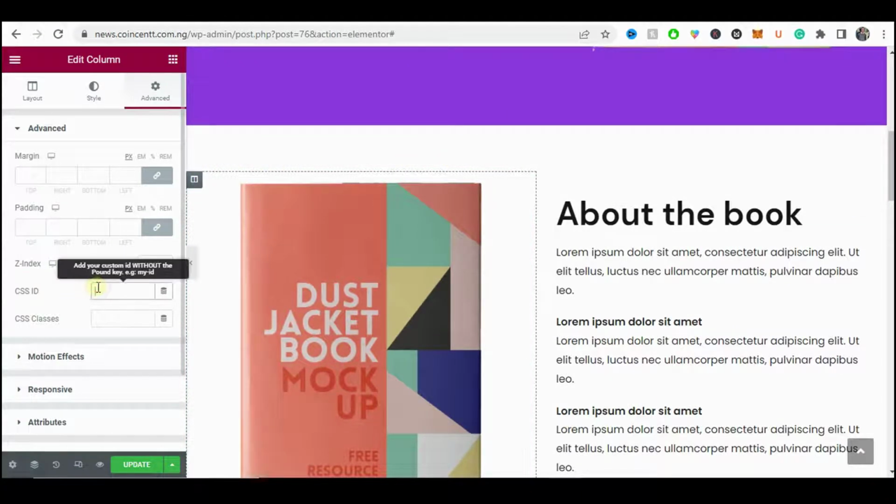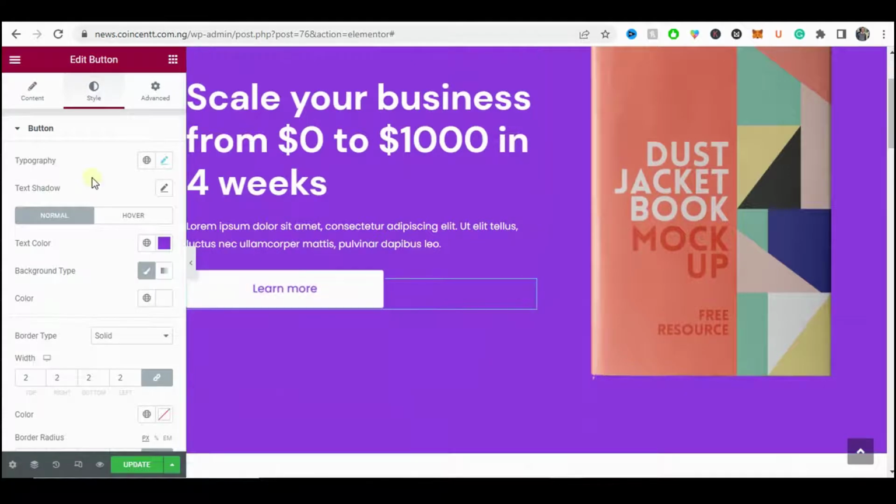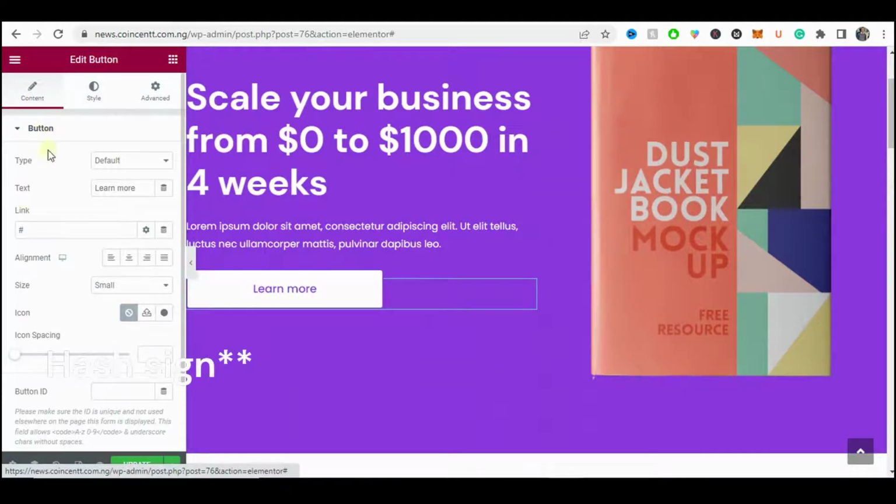So for this I'm just going to name it about the book, and also I'm just going to copy this, and I'm going to come down to this button section. I'm going to come down to the contents, and under link I'm going to add this asterisk, and I'm going to paste this here